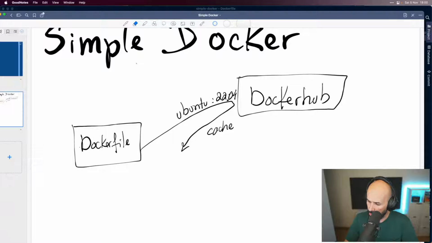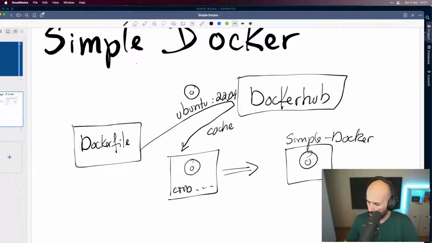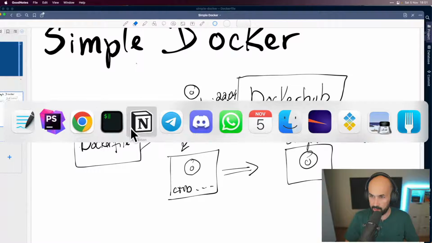And now we took this image and we built a new one and added a command to run instead of the default, right? And from there we have a new image that is called simple-docker. So yeah, hopefully you got it. Please let me know some feedback.